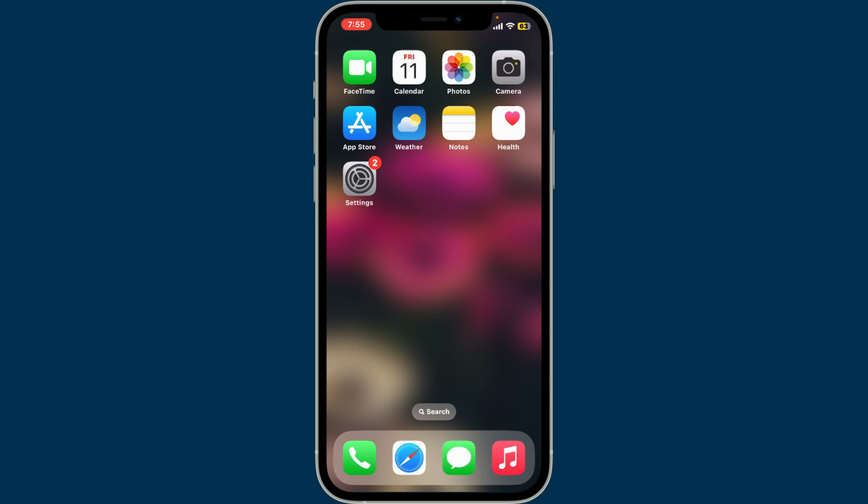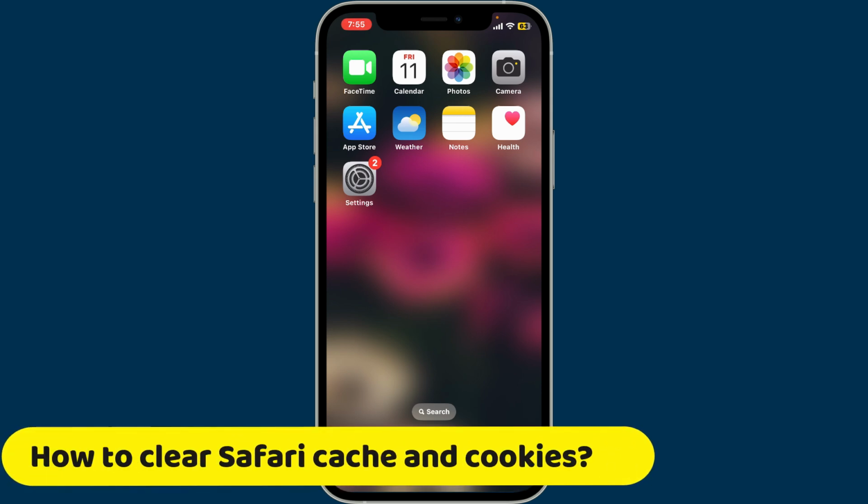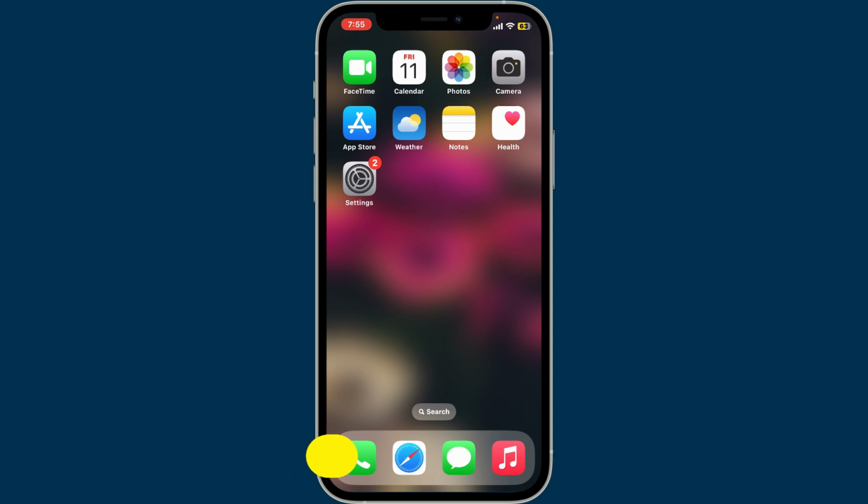In this video, we are going to be learning how to clear Safari cache and cookies using your iPhone. If your Safari on your iPhone is running slowly or some websites aren't working right, then clearing your cache and cookies can help. First of all, make sure that you unlock your iPhone and then open up the Settings app